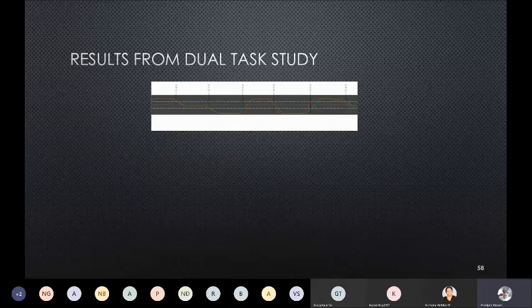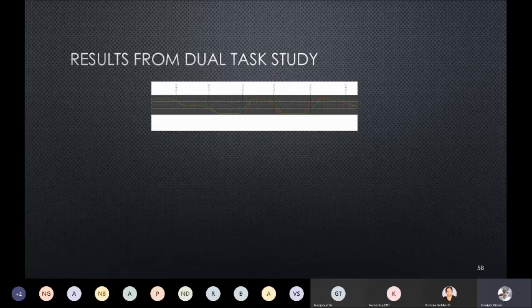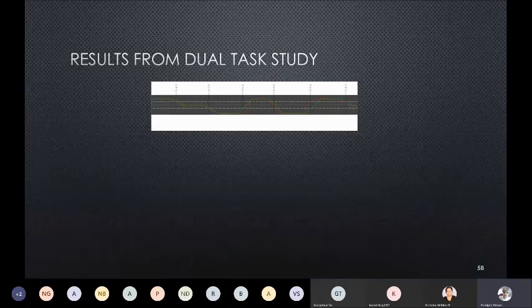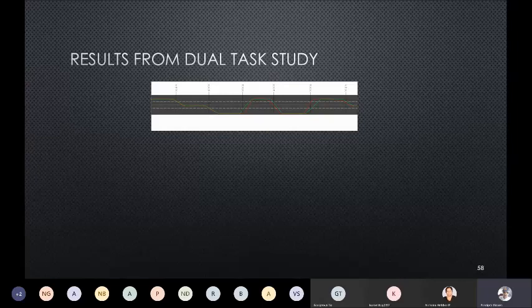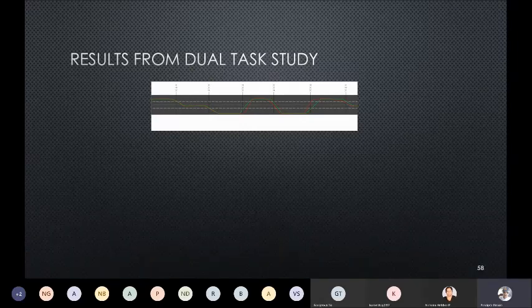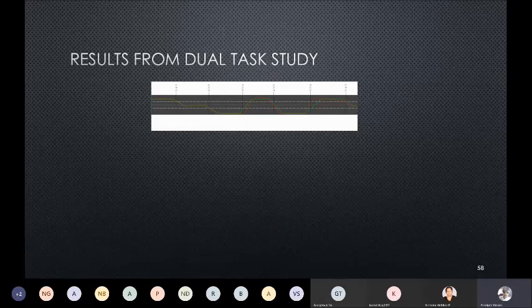So here are the lane changing tasks. In the lane changing task, you will operate a driving simulator. There will be 3 lanes, and at a random interval, you will be asked to change your lane among these 3. There won't be any other traffic on the road, and we will measure your driving performance with respect to deviation from the optimal path, standard deviation of steering angle, average speed, average acceleration, and so on.